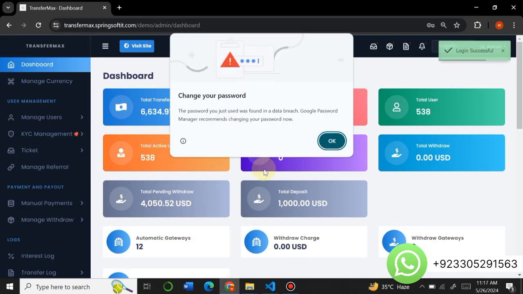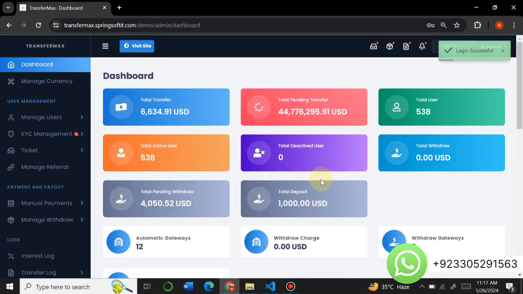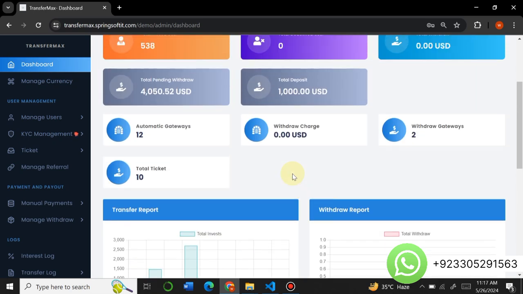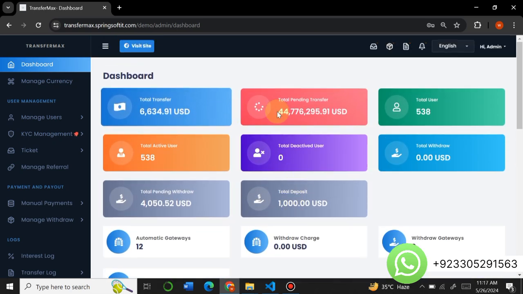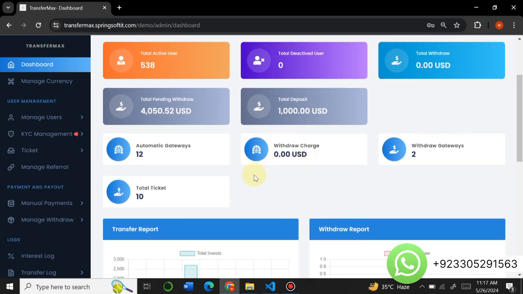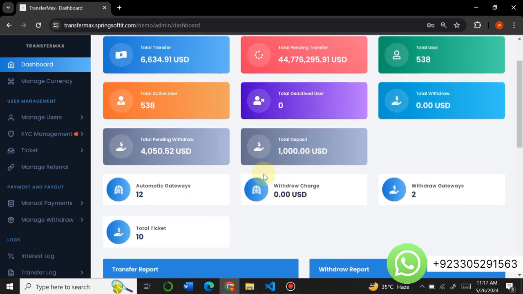So viewers, here you can see that I have successfully logged into the admin panel of this website. First of all, you can see the amazing look of its admin panel. You can see total transfer, total pending transfer, total users, active users, all the details about users are here, so you can view them. You can see total automatic gateways, tickets,